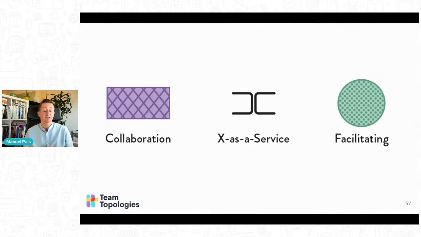We might have X as a service, which is, as you're probably familiar with, any kind of infrastructure as a service provider or any kind of service that is provided by one team or one organization to other teams. So we're talking specifically internally about the services provided by a platform to internal teams, right? When that's provided as a service, it means we have the right maturity of this service so it can be consumed independently. We don't need to have requests coming across between streamlined and platform teams. It's sort of self-evident. How do we use this service? How do we consume it?